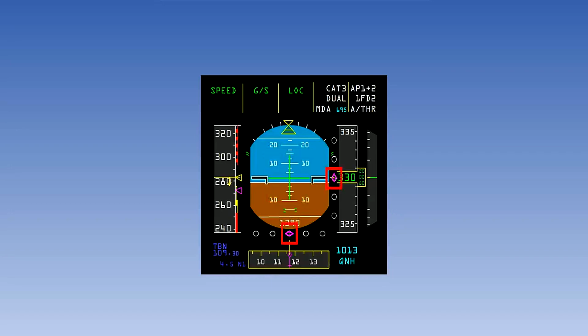Localizer and glide slope deviation indicators are also incorporated. Other key information can also be shown, and we will work our way around the EADI display in a clockwise direction. So, starting at the lower left-hand corner, we can see the active navigation aid in use